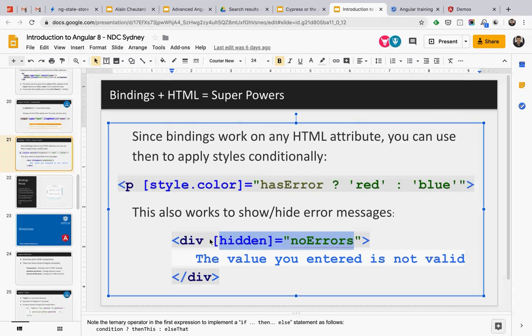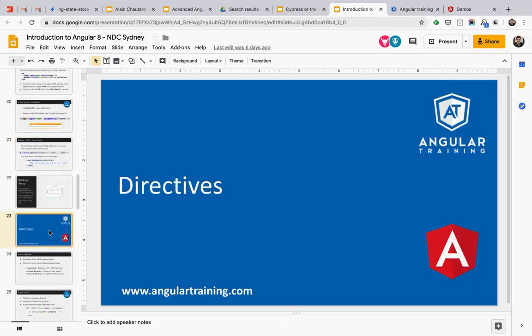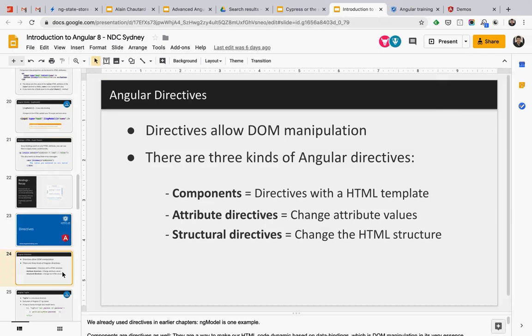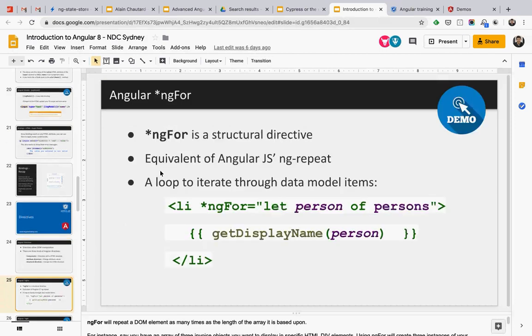So we talked about components. We saw that components make what we display on the screen. The next big thing that Angular has is this notion of directives. And a directive is just a way to make the DOM, to make the HTML even more dynamic. So in our example, in our store, we have many different license plates that we want to render. And in order to do this, we use a directive called ng_for. So ng_for is just a way to loop through an array of data and display as many elements in the DOM as we need for that array.